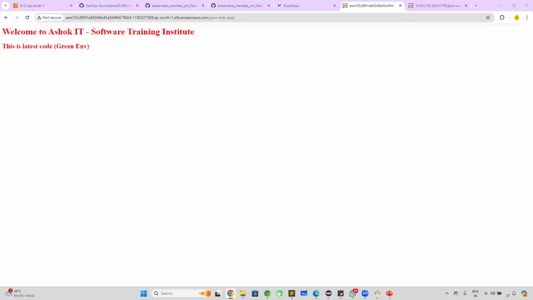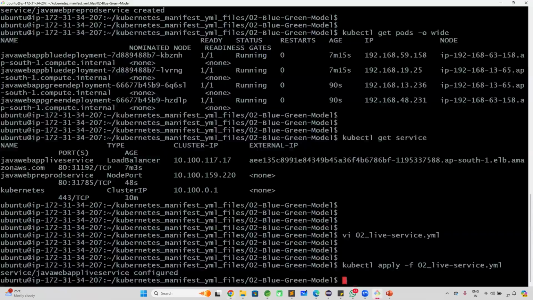No. Suppose the green pods are not running, can I roll back my deployment? There is some problem with the latest code. Can I divert the traffic to the old application now? How to divert the traffic to the old code? Again, I can change the service label to v1 and apply, so that the old pods will serve the live service. Yes. Now go here, edit the service,